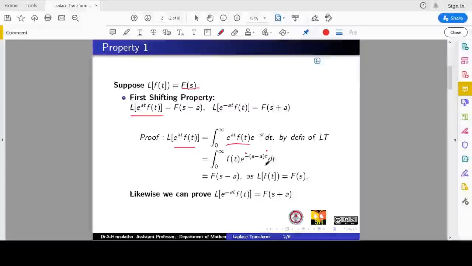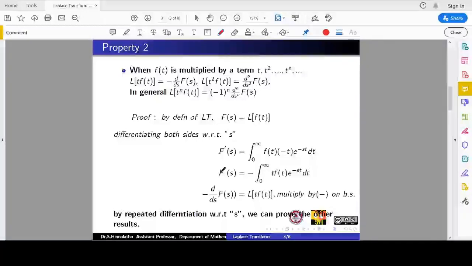Only this will work, so that you can immediately replace it by the Laplace definition. If you observe this part, it is nothing but the definition of Laplace, but instead of s, our parameter here is s minus a. So I have to write the function of s minus a, because my parameter has changed. So that's it. This will be pretty easy work to handle this type of function. Okay, going on to the next.